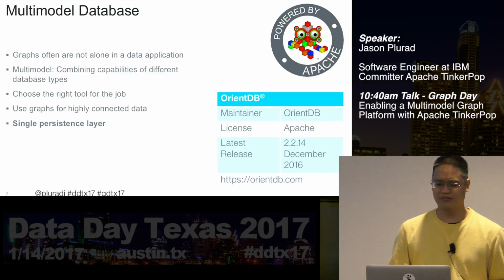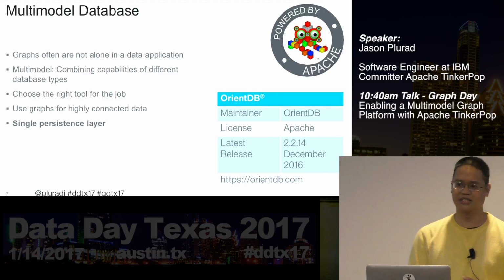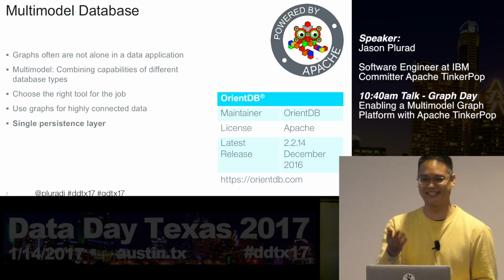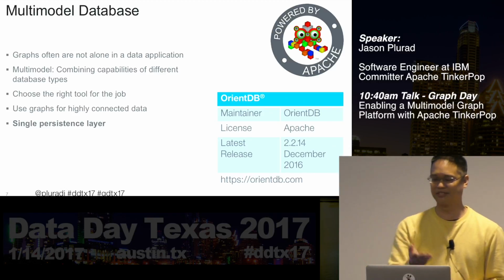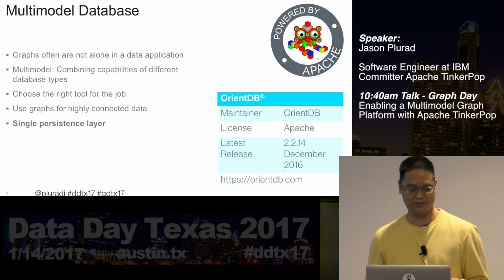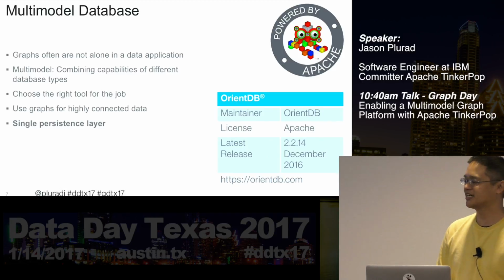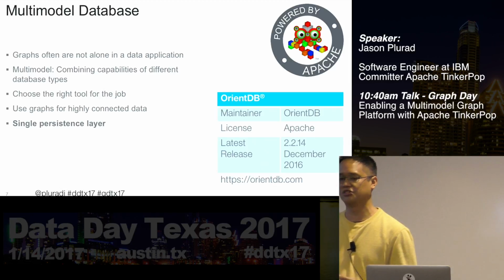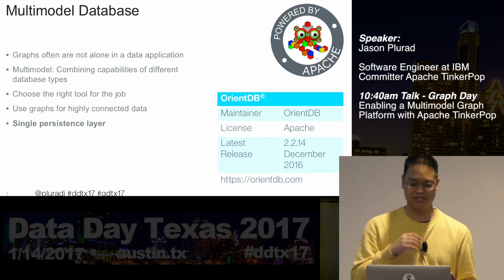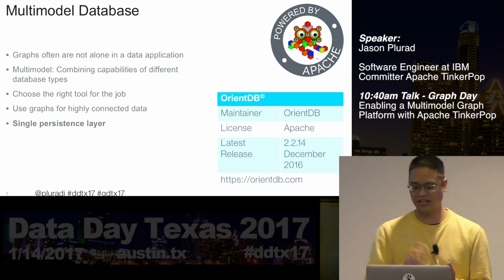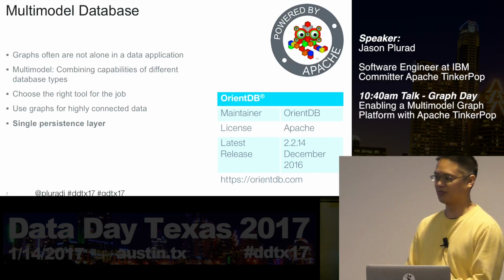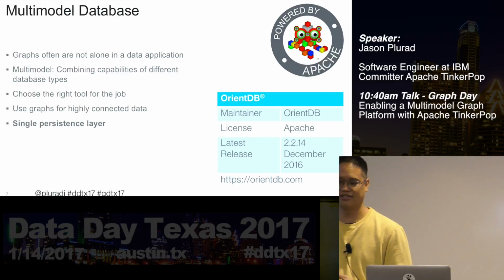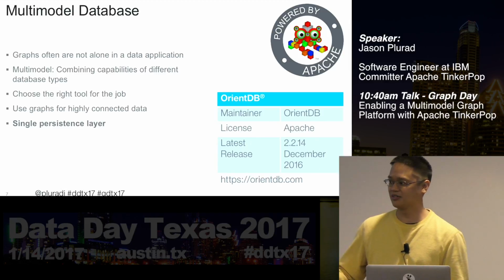Out of the gate, one of the first multi-model types of databases is OrientDB. We have Luca Garulli here from OrientDB. He's the CEO, and he was one of the first implementers of the Apache TinkerPop stack. They really embraced this idea of a multi-model database where you have a single store that has the capability to do relational types of queries, graph, document, key value, all in a single persistence, easy to deploy, easy to query. What they have is an extended set of SQL with extensions